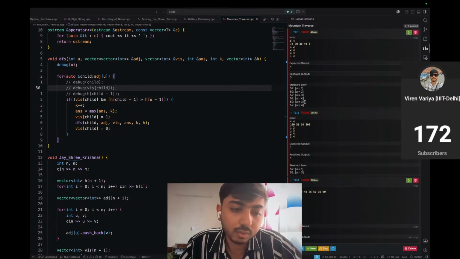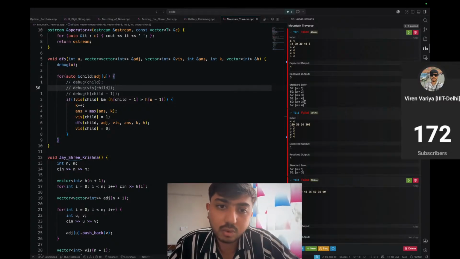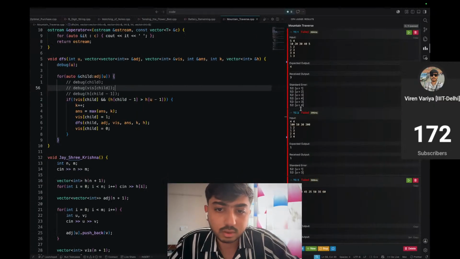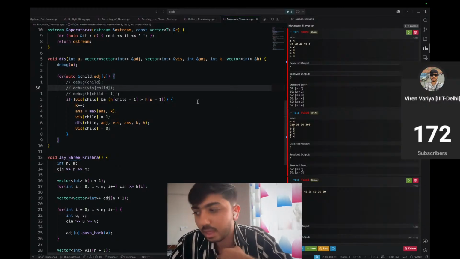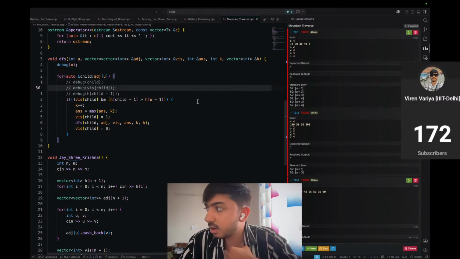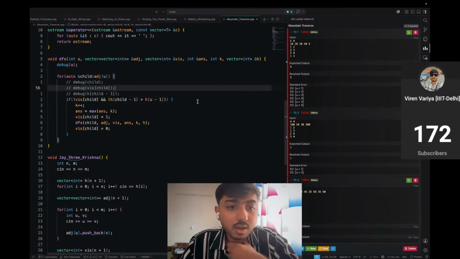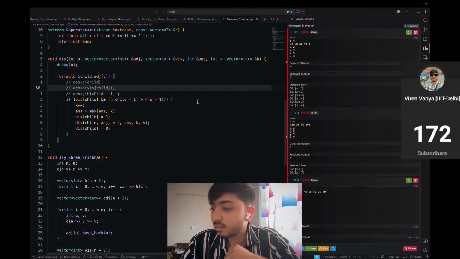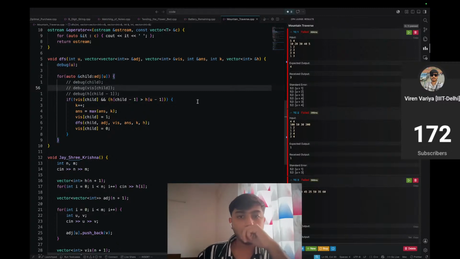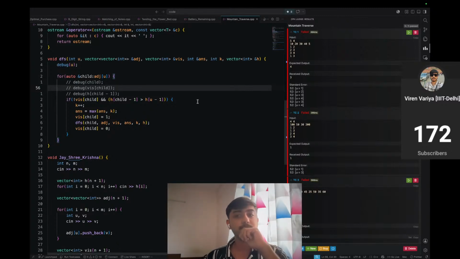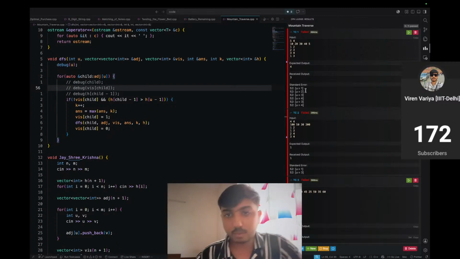Actually, it should go from 3 to 2, then no, it hasn't explored this path, right? What I can say is now it should explore from both the paths,